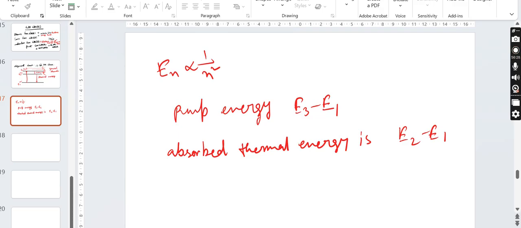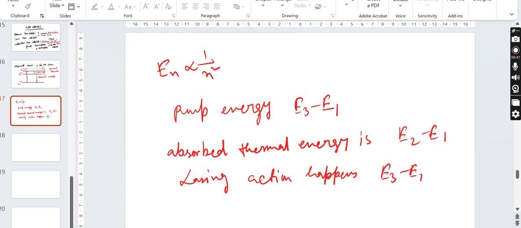So the quantum efficiency is basically the lasing action that happens, E3 minus E2. So the quantum